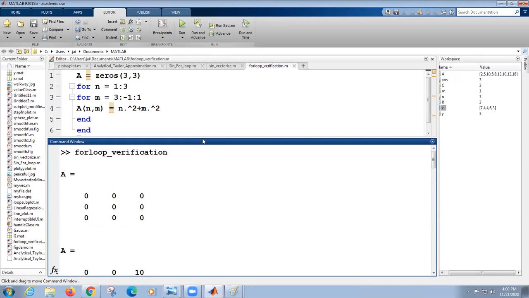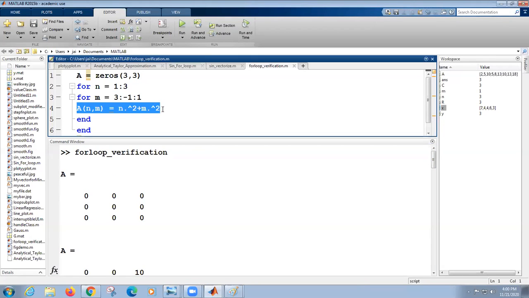So therefore, every programmer should do this. Whenever you want to display anything, for example a matrix, it's very good practice to initialize it by zeros. Are you getting this? Yes, sir. If you do that by zeros, that means now we can see every nuance of what is happening at each and every iteration.